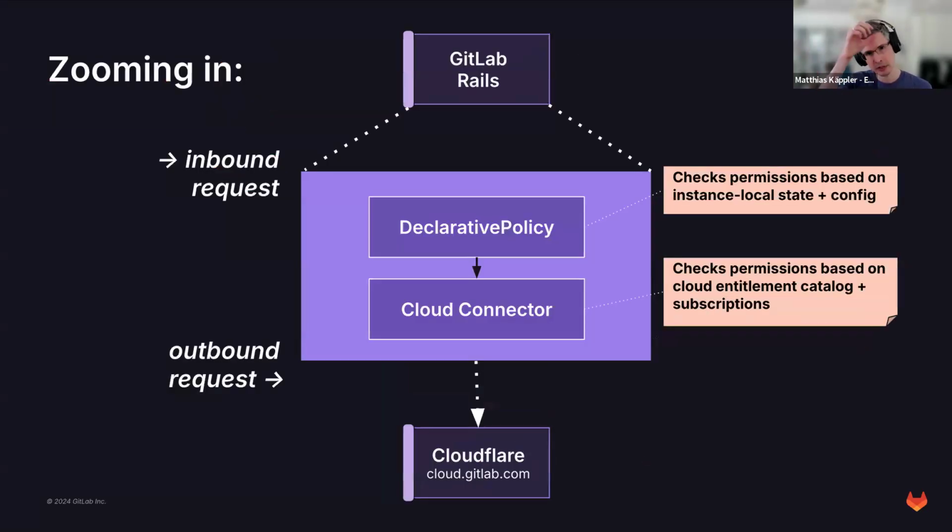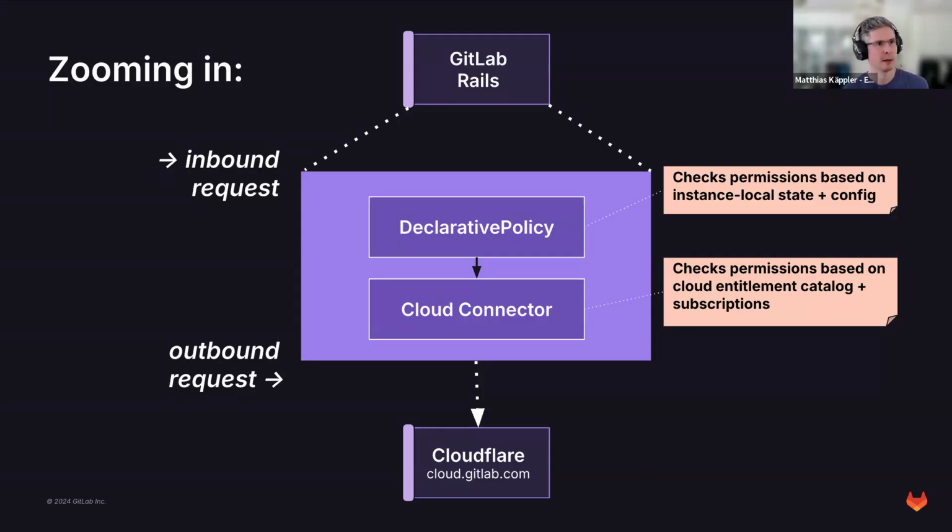One thing I want to point out here is if I blow up this box in GitLab Rails, you're probably all familiar with the declarative policy framework. What I want to highlight here is that Cloud Connector, conceptually, think of it as sitting beneath it. So what we should always do is we should enact any kind of policy that might also involve things like instance local state or settings, right? Because or even namespace bound settings. They can always be, for instance,